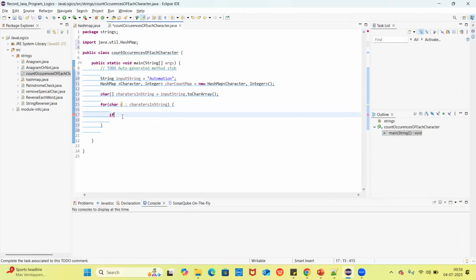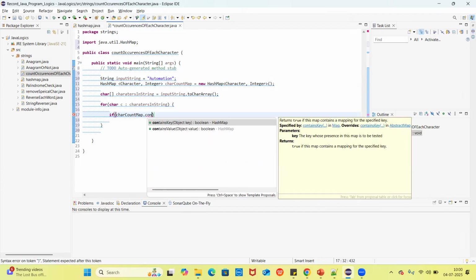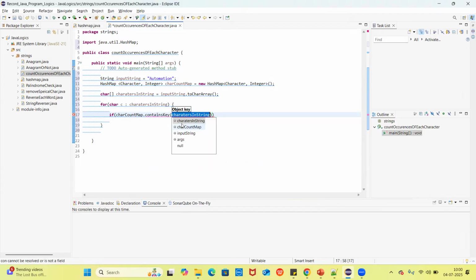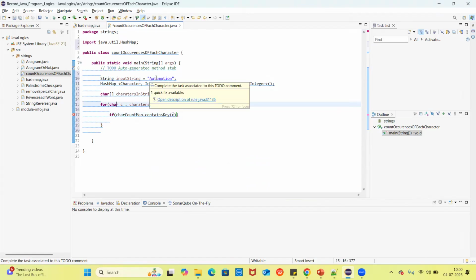If not present, we are going to keep it as a particular character once it has occurred. So now, character count map, this particular map dot containsKey. In the first iteration it is having a value, and the next one u, after that t. In that way we will be having